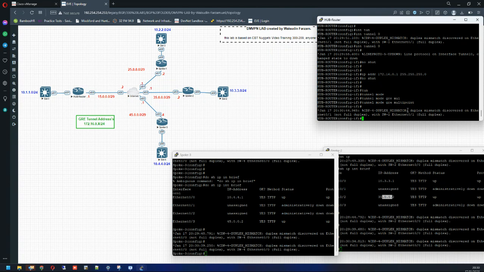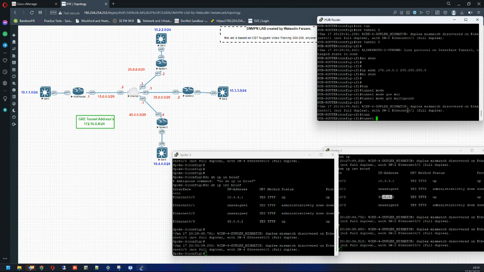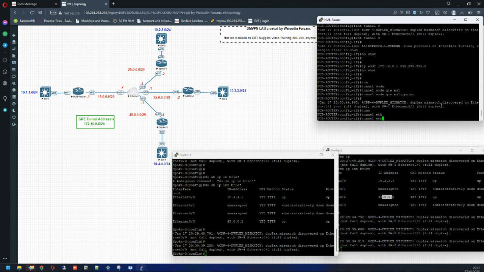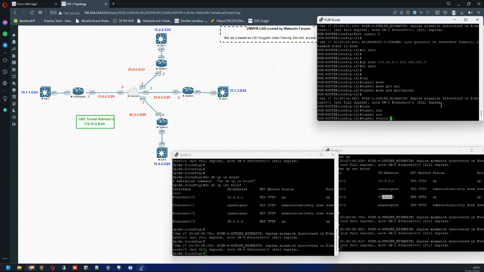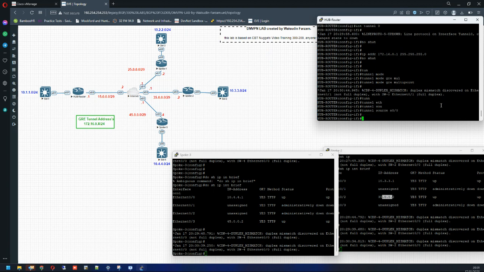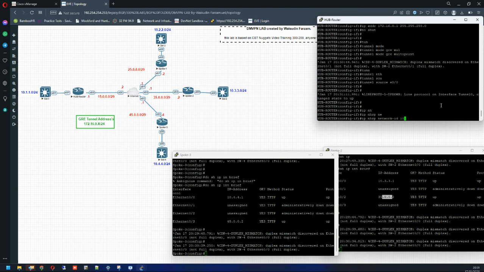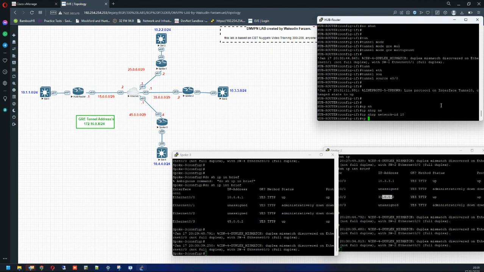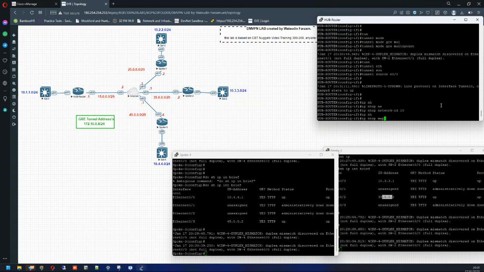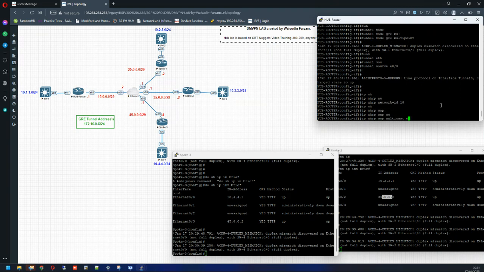The next thing is to enable the tunnel source. The tunnel source is the interface source where you are going to be initiating the DMVPN, which is E0/0. Then we move ahead to enable the NHRP. First thing, I'll do the NHRP network ID, and I'll do the name, map it to multi-point